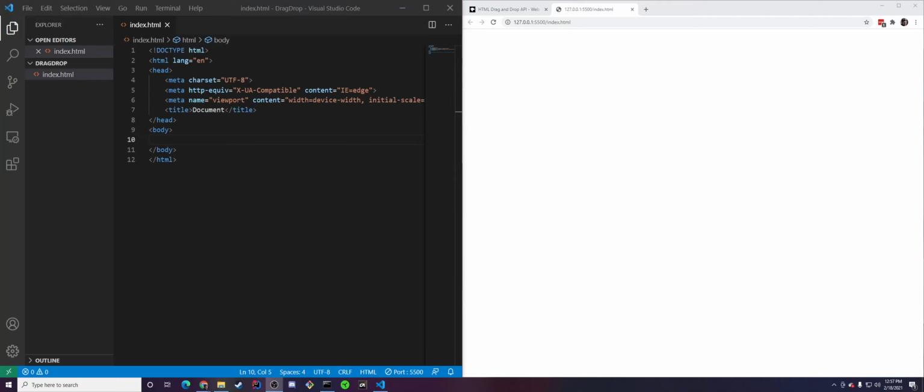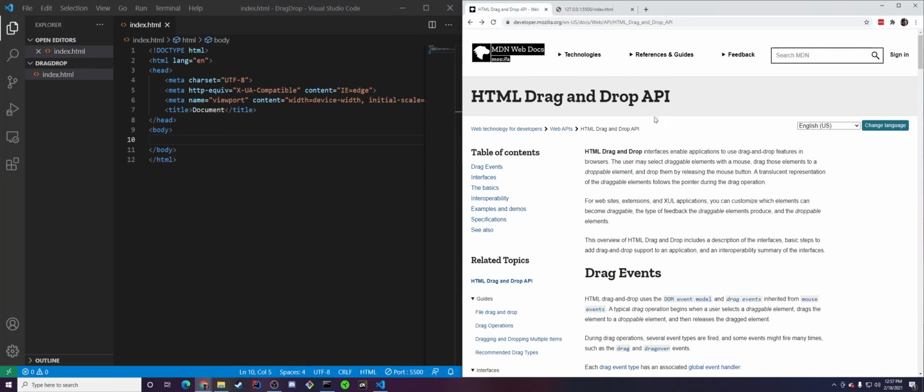In this episode, I wanted to do a live coding session where we build a drag and drop interface. It won't be super fancy or anything. You can drag some stuff from one section and put it into another. The reason this is a live coding video and not a regular video is I haven't done this before, so it could go terribly wrong. Let's hope not. Anyway, I've already Googled